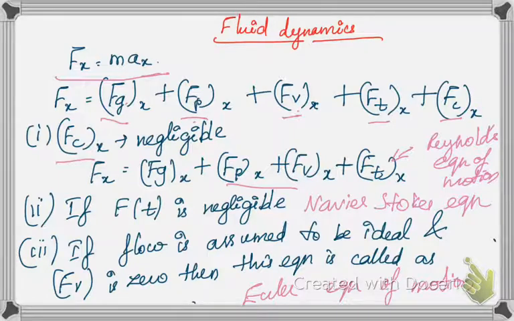So what is Euler's equation of motion? Generally, these equations of motion extend our Newton's laws of motion for a single point particle to rigid body motion. These were formulated by a person called Leonhard Euler after Newton formulated his laws. So that's why it is called Euler's equation of motion.